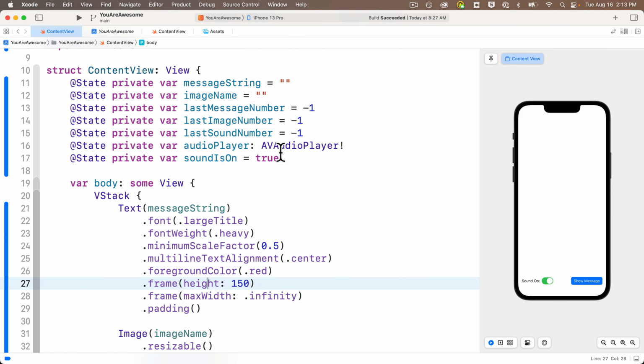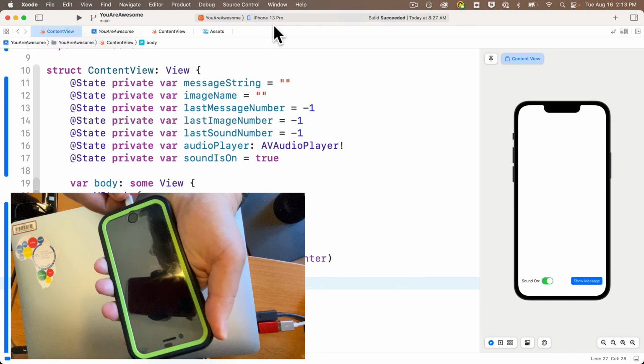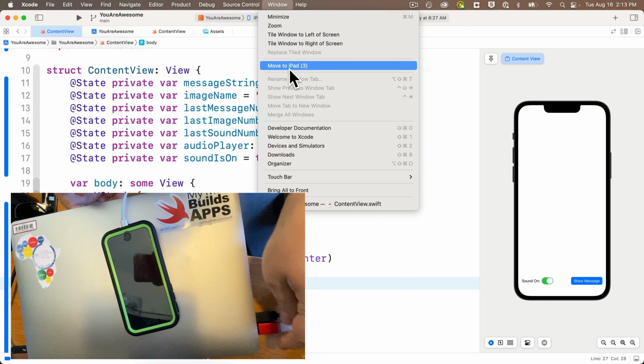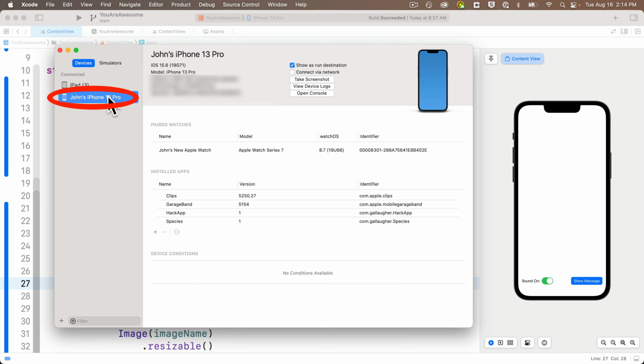Now, in order to install your app on your device, first plug your device into your Mac, then under the Windows menu, select Devices and Simulators. Now, if your device is connected to your computer and it's been unlocked, you should see the name in the Connected list on the left-hand side. Make sure that you click your device's name,